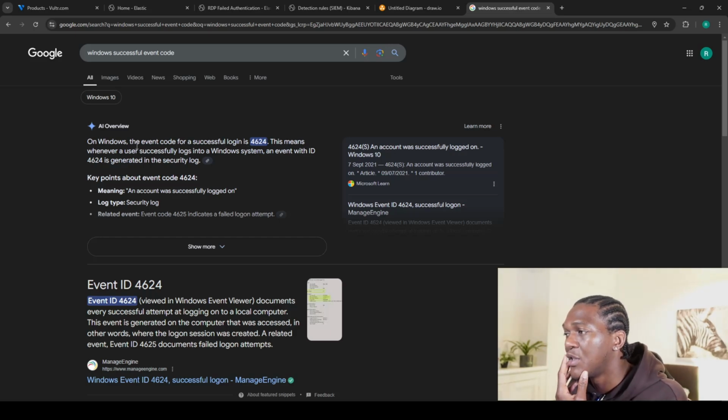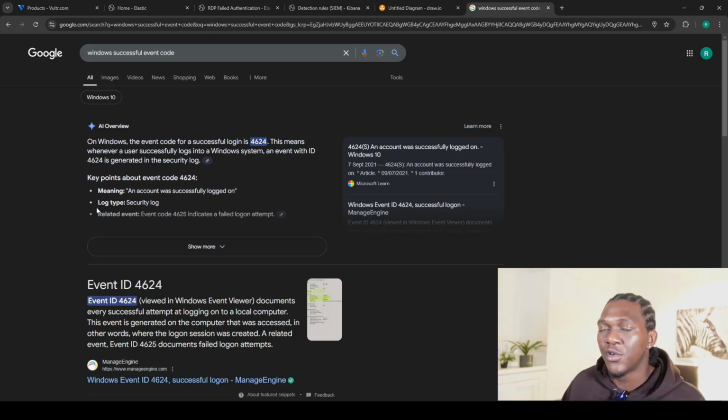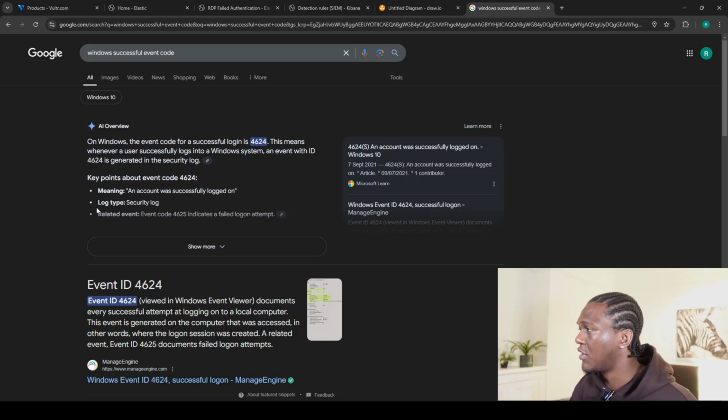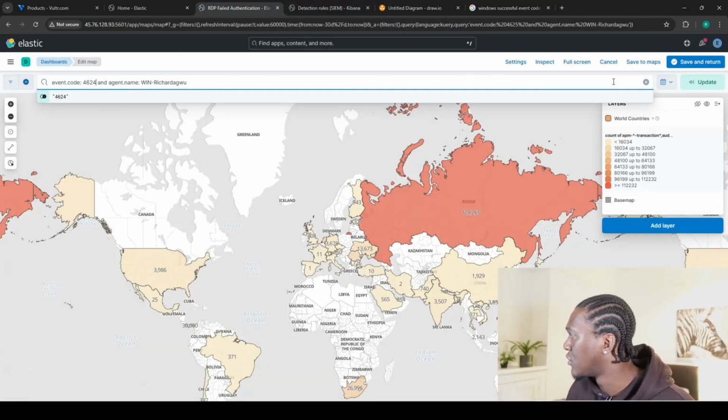This means whenever a user successfully logs into a Windows system, an event with an ID of 4624 is generated in the security logs. The security logs in the Windows machine basically go straight into the SIEM, through the pipeline using Logstash. So that's the great thing about it. So we're definitely sure about this query. So I'm just gonna update that,